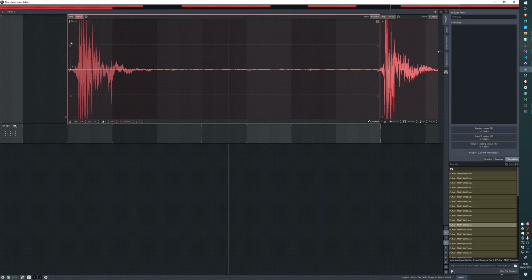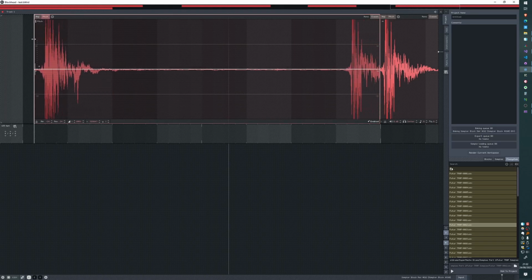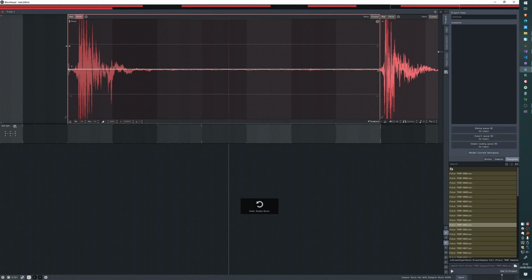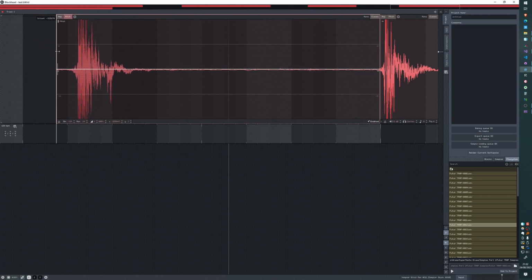So I'm holding down shift. Usually when you drag this left edge, you get this effect, but instead I'm holding down shift to reveal the data that is hidden behind there. So when it hits a snapping point,